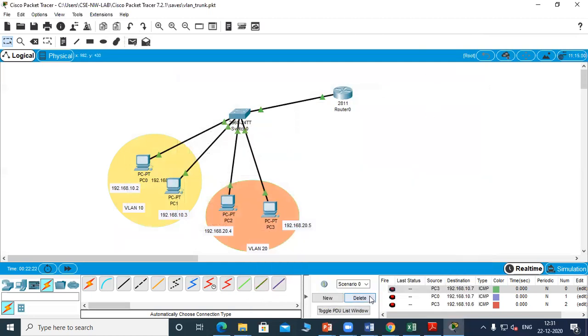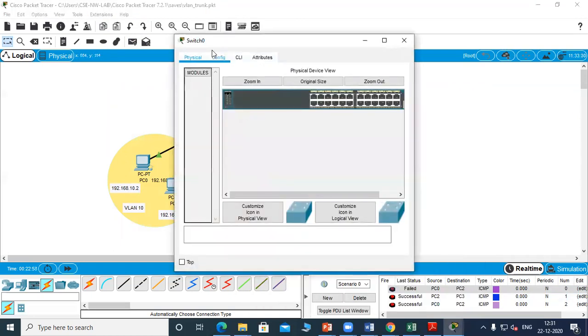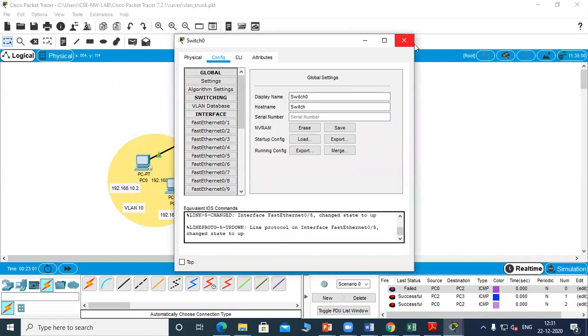Now we'll check whether we are able to transfer a packet from one PC to other PC. So you can see that it is still failing. So there is still one missing command that you have to do. Now within the LAN, it is successful, but not across the LAN. Okay, so across the LAN is also possible, but in case it doesn't work, make sure that